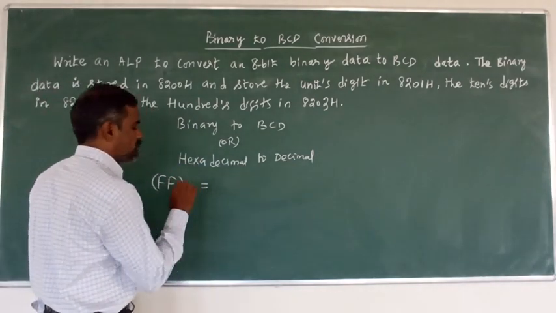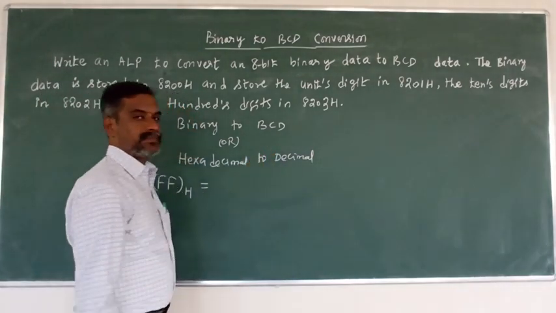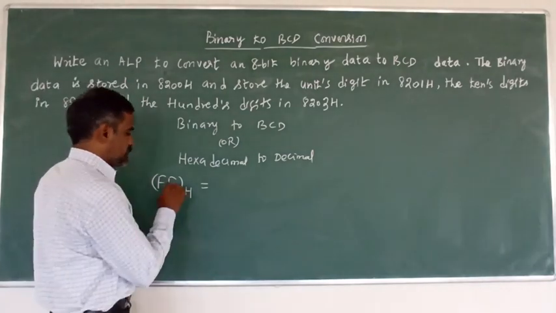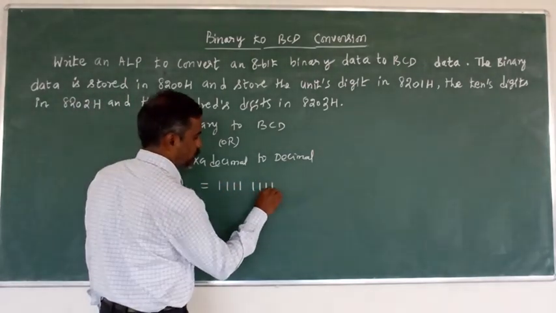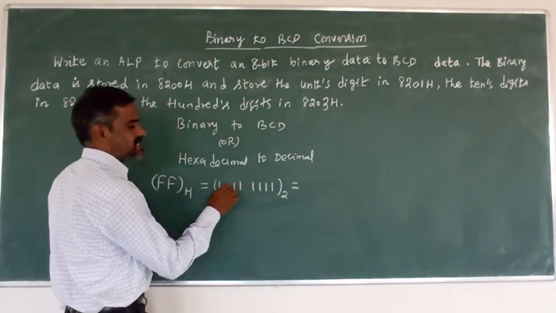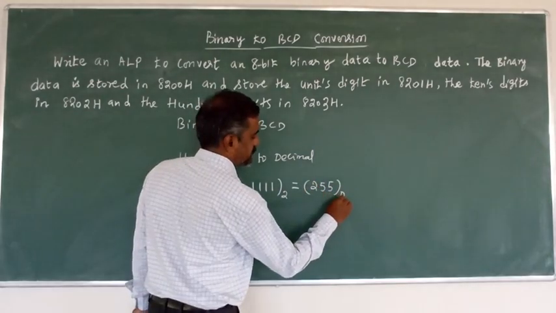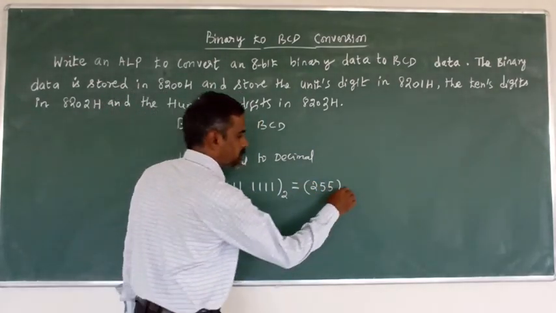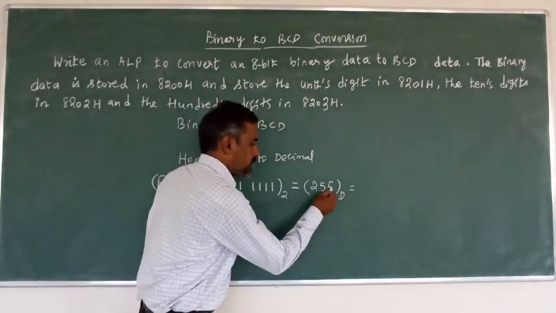Now to convert to BCD format, the corresponding binary value is 11111111, and the corresponding decimal value is 255. Now to convert into BCD means